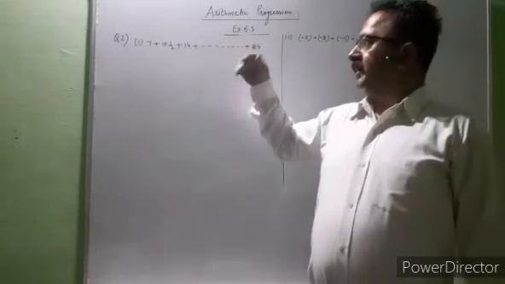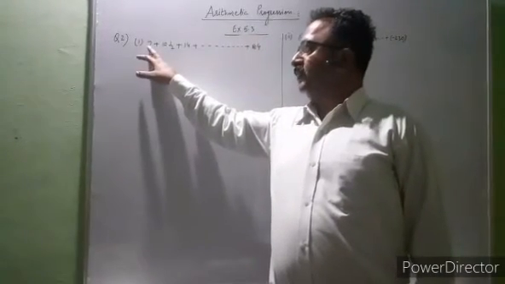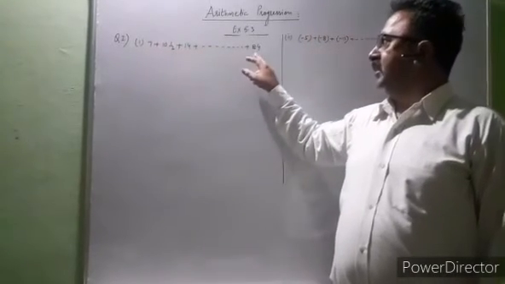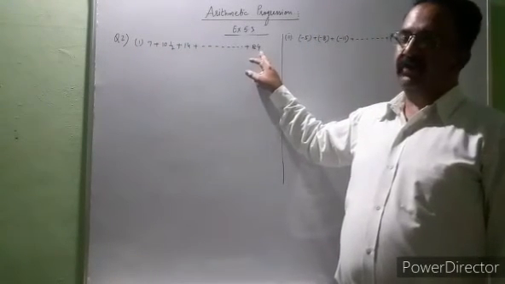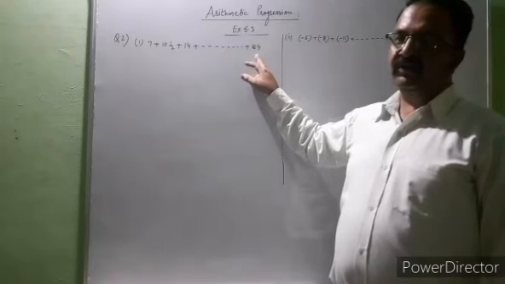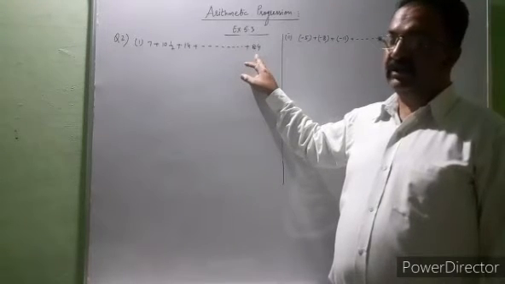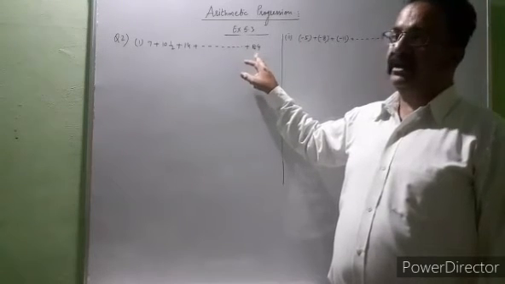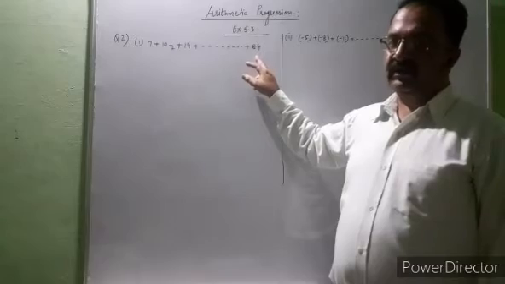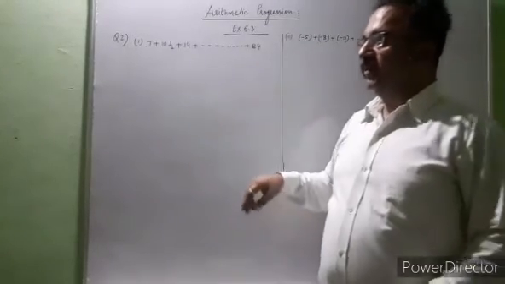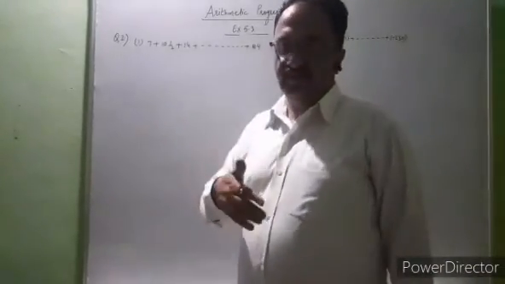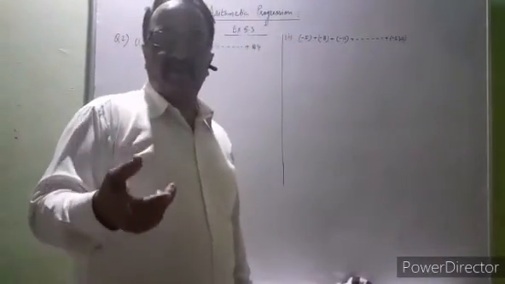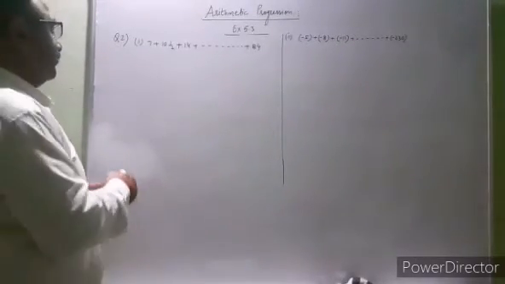This is question number 2. Now here the AP is given to you. This is a series 7 plus 10 1 by 2 plus 14 plus so on. Now in the end it is given 84. Now remember children, 84 is not the number of terms. It is not n, it is the last term. Remember, it is the last term. So in this we have to find out n also. We have to find two things. First the number of terms, then the sum of n terms.